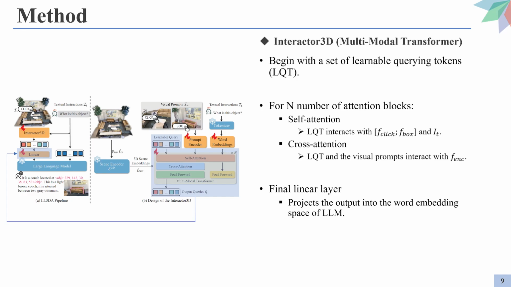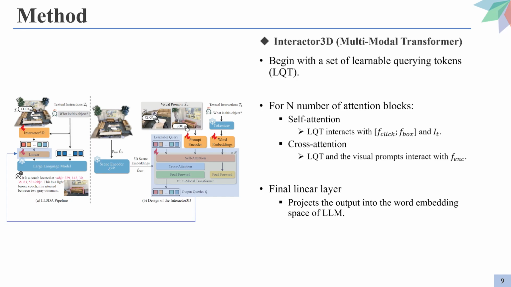The multimodal transformer brings all of these processed inputs together into a fixed-sized embedding vector. It does this using a learnable query vector, which acts as a container to combine the different data sources. The transformer is made up of several blocks, each containing a self-attention layer followed by a cross-attention layer with feed-forward